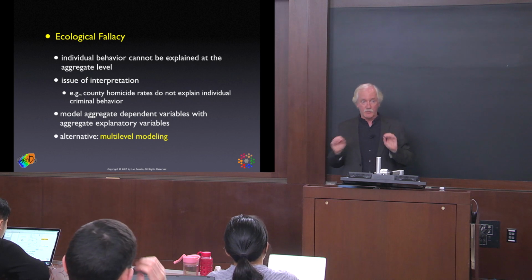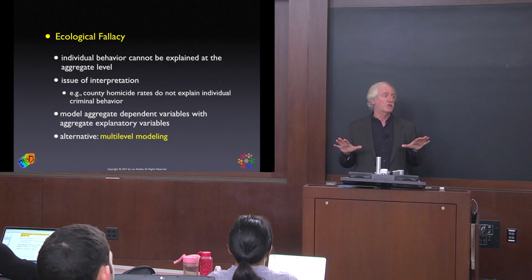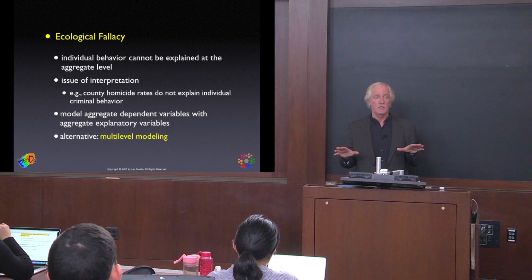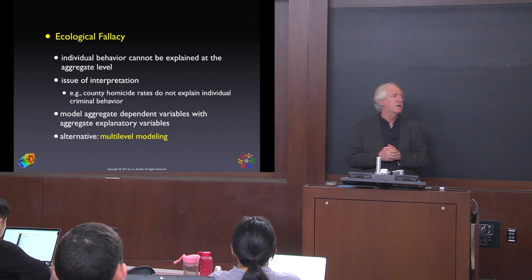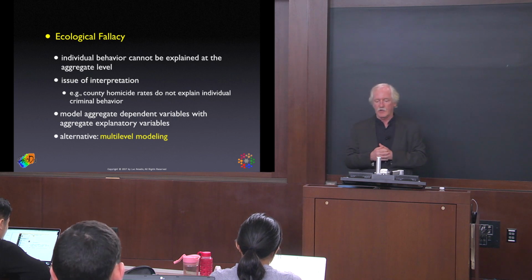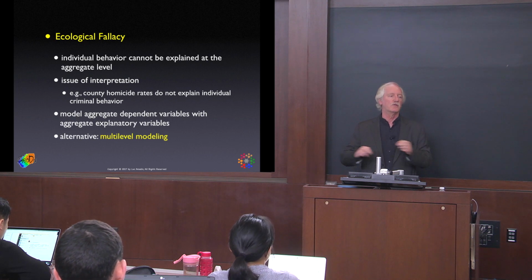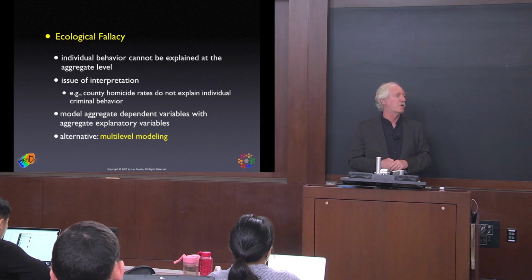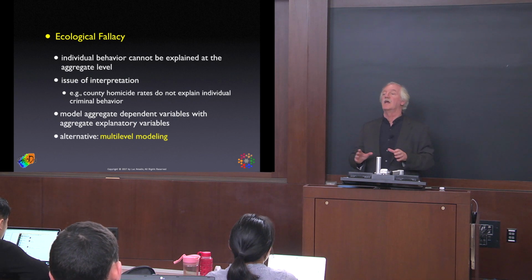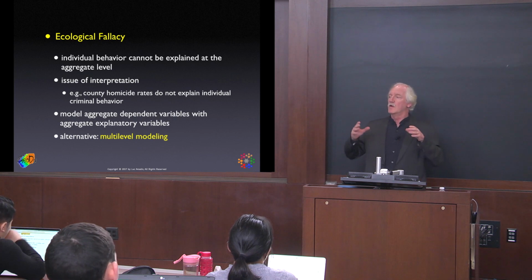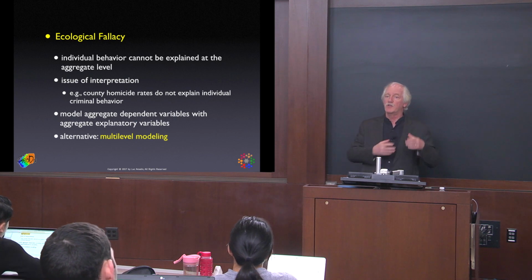But that doesn't mean you can't do spatial models at the individual level. You can. As long as you have an interaction structure, you can also do these models at the individual level. But the typical application is at a spatially aggregate level. So we have county data. You look at county homicide rates, and if you're not careful in your conclusion, you say something about criminals or criminal behavior. Well, you can't. You can say in counties with, say, larger unemployment rates and lower average family income, there tends to be a higher